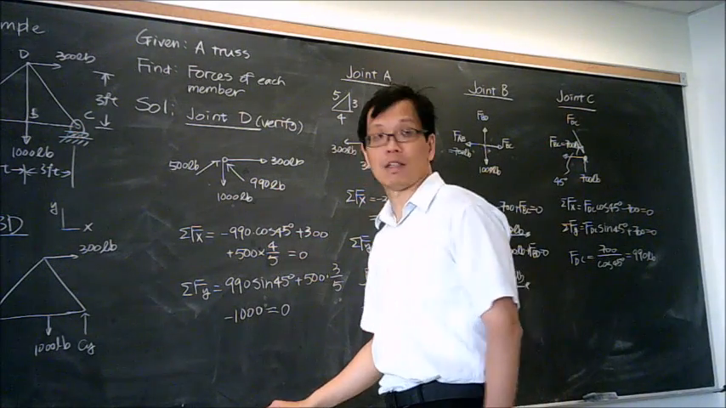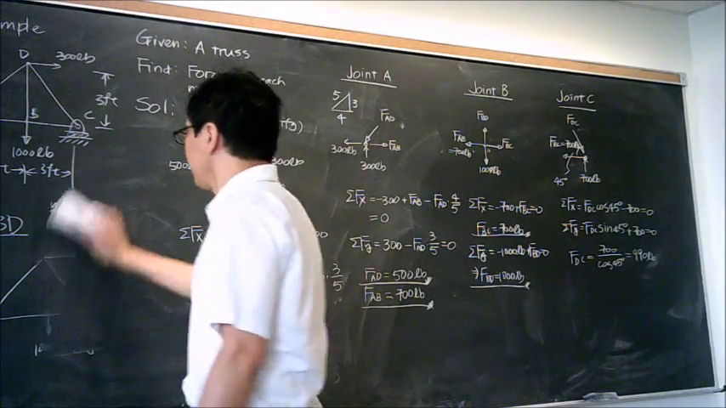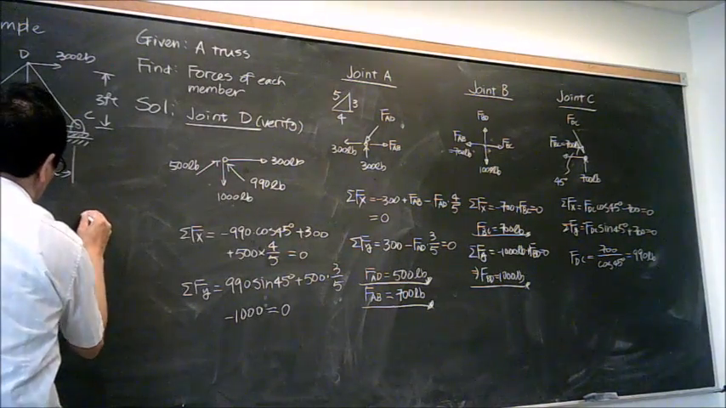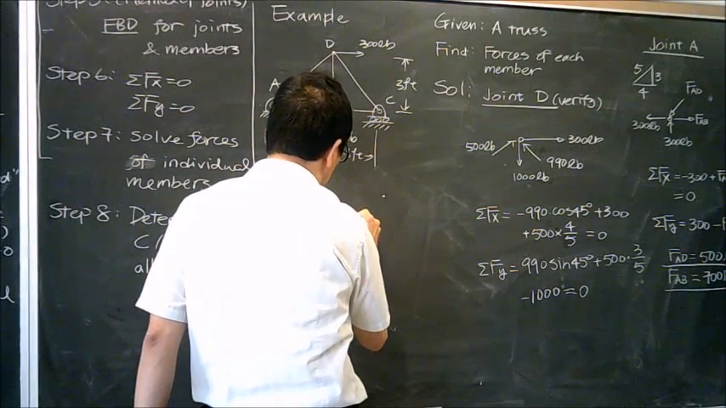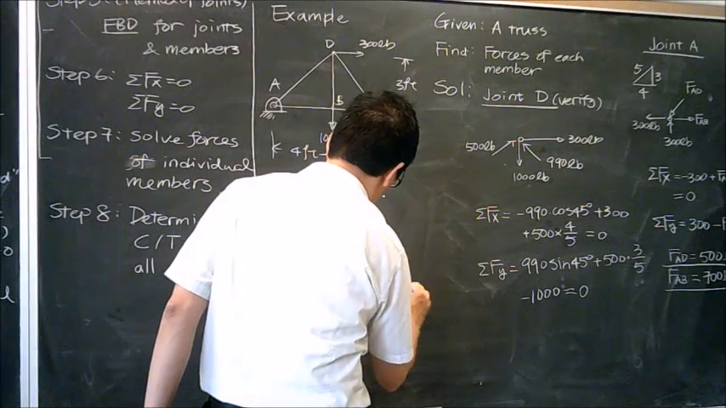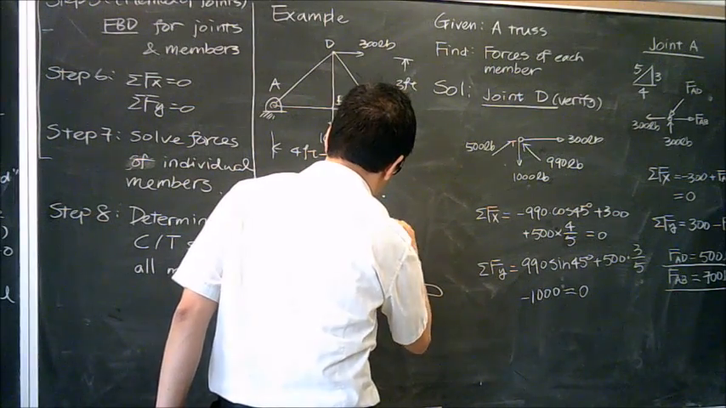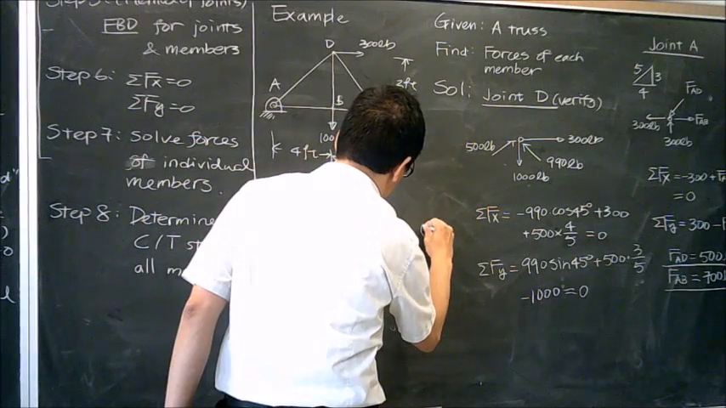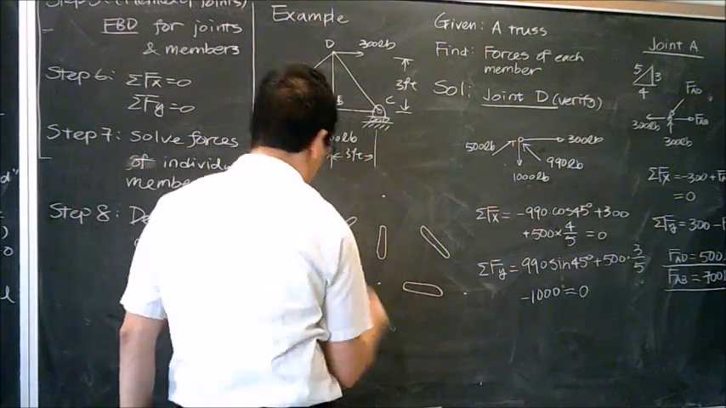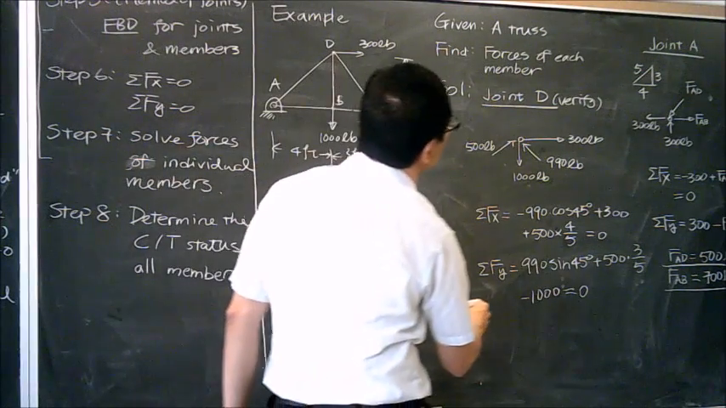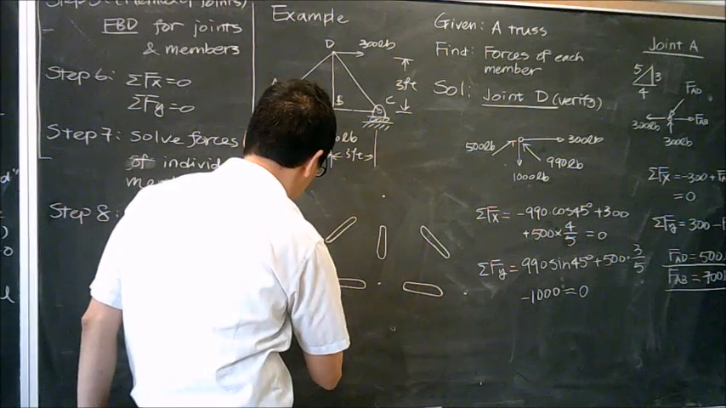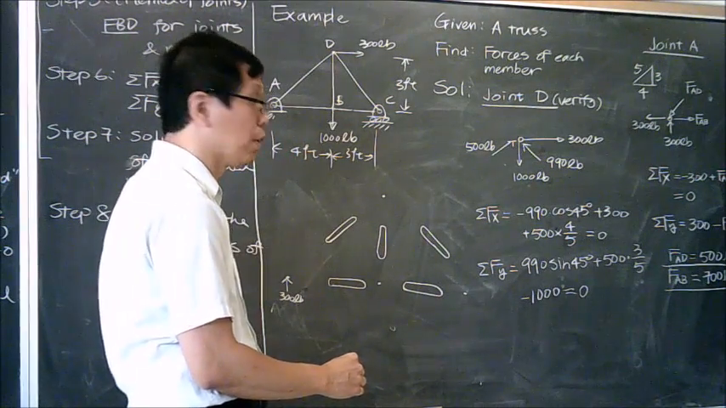Now, the very last thing is to determine whether I have compression or tension for individual components. Okay, so at joint B, I have 300. So let's draw all the configuration into